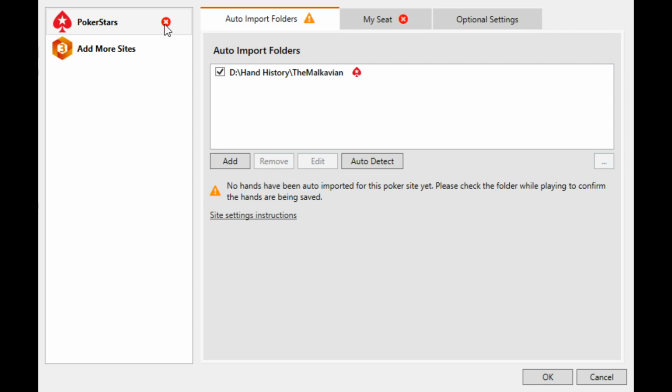Now you'll notice up here, it's got a little X. The reason is specifically because no hands have been auto imported yet. That's just saying that nothing's been added to Holdem Manager yet. That's not something to be worried about, because when you start auto importing, that will go away. So now here we are. It's been fully added,